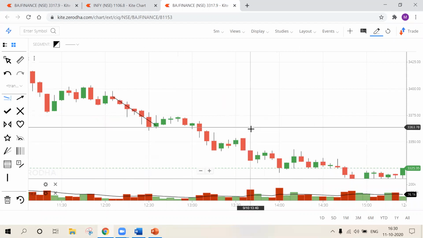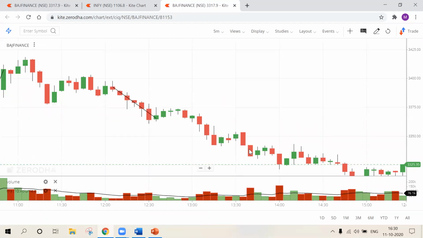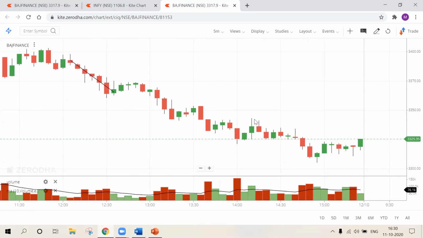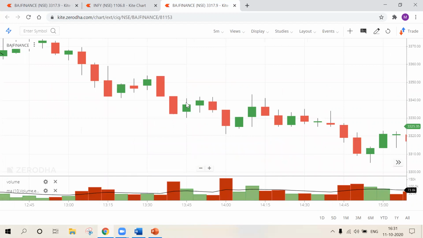There is no wick. This candle doesn't have any wick. Look, these two candles don't have any wick. Wick is nothing but this small shaded line. If there is no wick for the candle, that means there were no opponents for them. No buyer came here, so the candle color is completely red without any wick. If the candle is green like this, with a wick at top and a wick at bottom, that means this wick area is nothing but the fighting area. This body area is the part of the candle which they own.